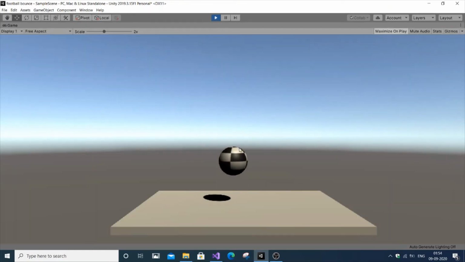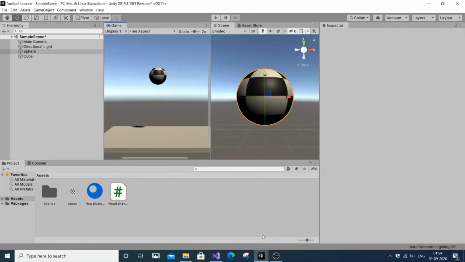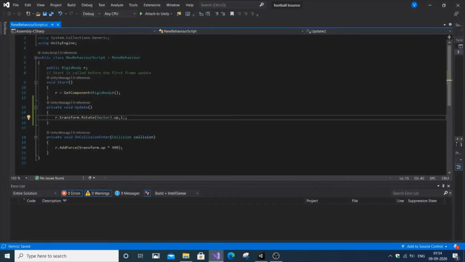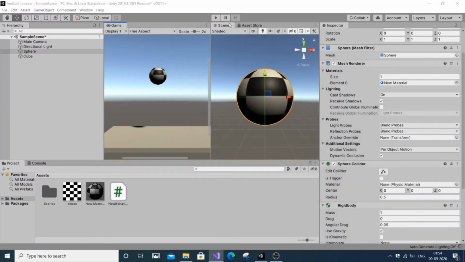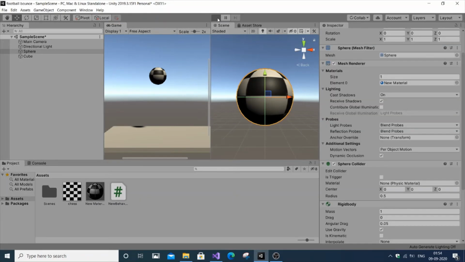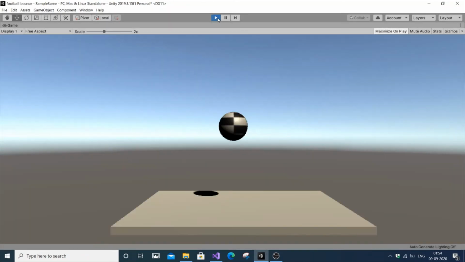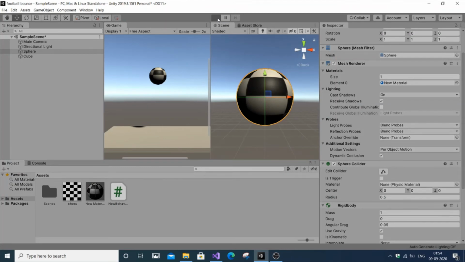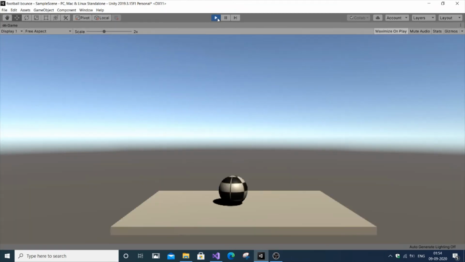You can see it's moving slightly, so let me increase the speed. Let me run it now. You can see here it's moving, and this rotation hasn't affected the position of that ball.